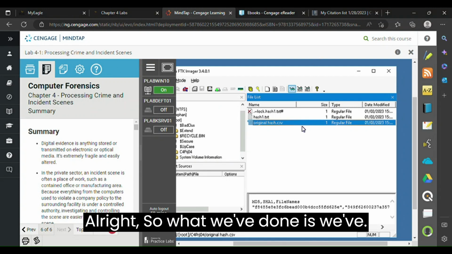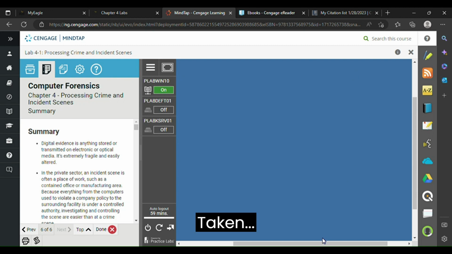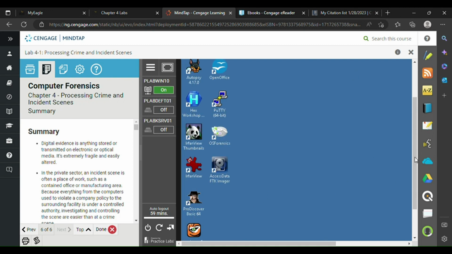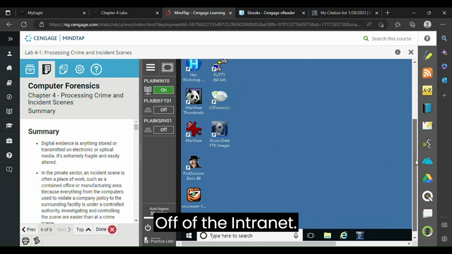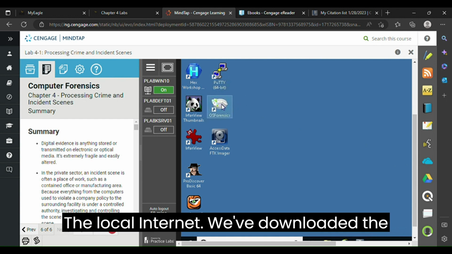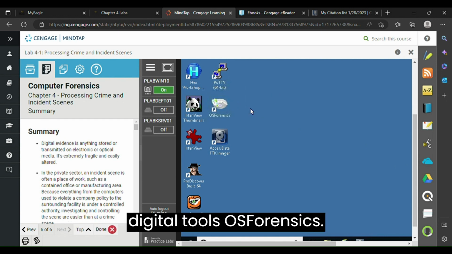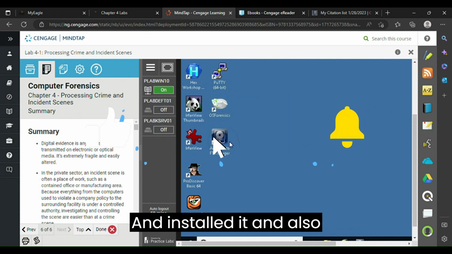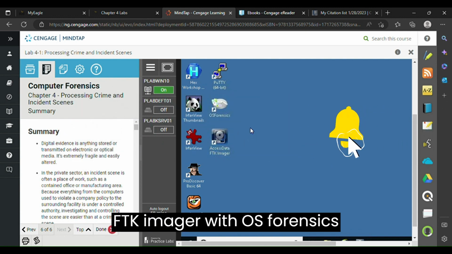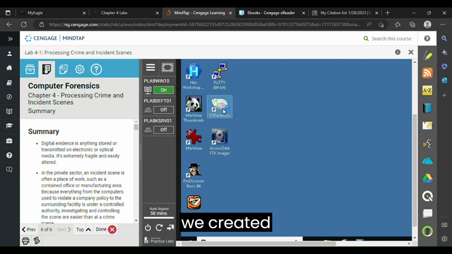All right, so what we've done is we've taken off of the internet, the local internet, we've downloaded the digital tools OSForensics and installed it, and also FTK Imager. With OSForensics, we created cases for the USB drives, and